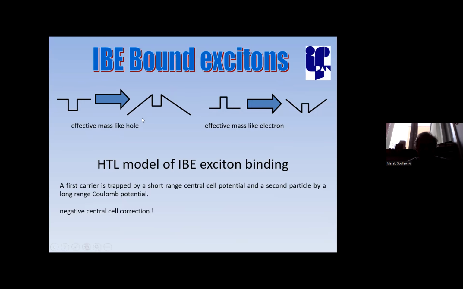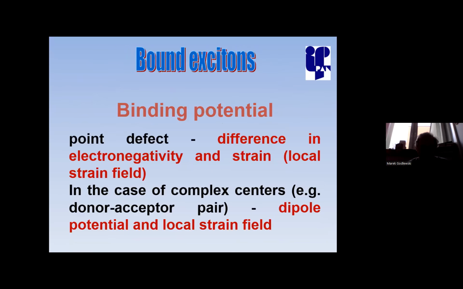And then the hole will be trapped quite efficiently. Or we can have a reverse situation. The hole will be first trapped at other centers, and then the electron will be attracted by the long-range Coulombic potential. So for such a center, it was proposed that the difference in electronegativity and the local strain field are responsible for what